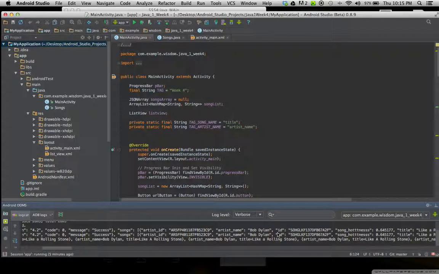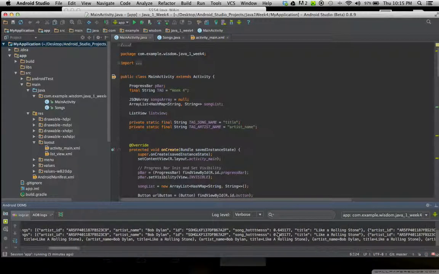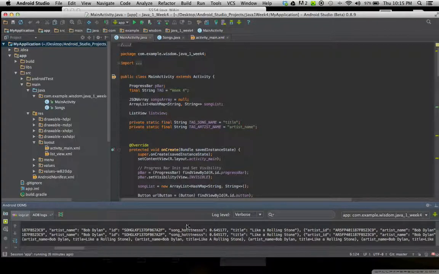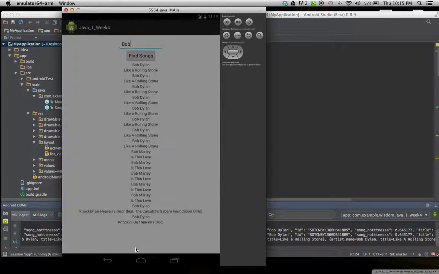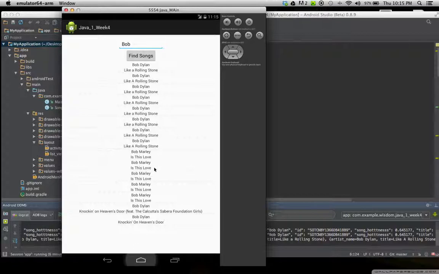I know it looks like there's a bunch of duplicates, but it's the way the API handles it. As you can see, each one has its own individual ID. They are separate objects. They're just, for whatever reason, pulling down and displaying multiple songs that appear to be the same. So outside of that, if I can get here,